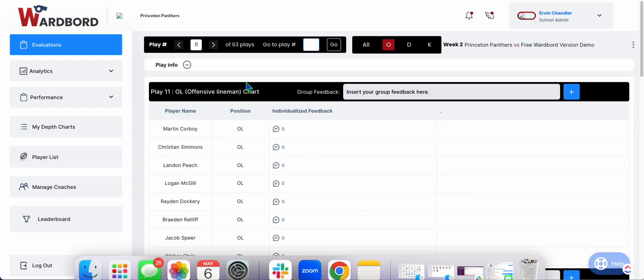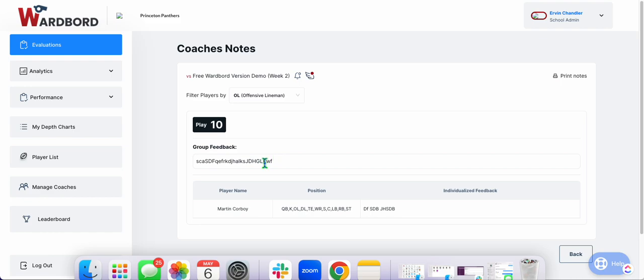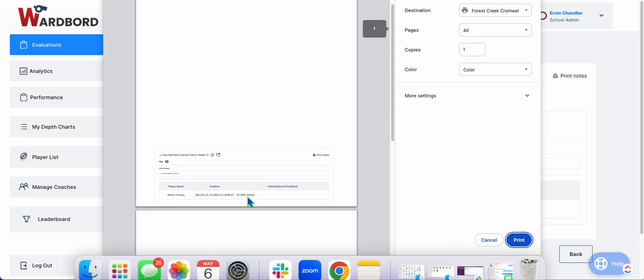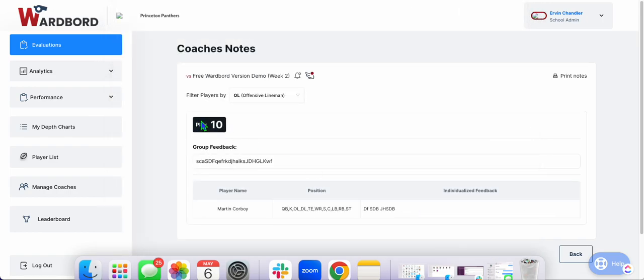The other big piece of the puzzle with the free version is your players are not receiving feedback on a mobile device. In the free version, your players do not get to download the mobile app, and so what you will eventually do is come to evaluations, go to coach's notes, and find any position coach in here. You'll be able to print your notes, and it'll show every play by play of last night's game. So you'll be able to print that and then pass that on to your players. So no mobile device,